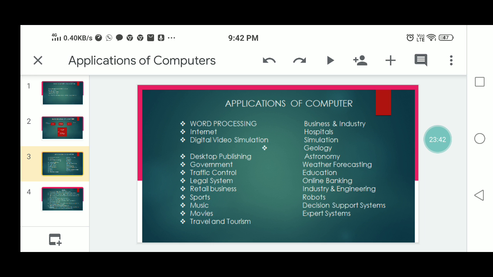Online banking: the world today is moving towards a cashless society. Today you need not have money in your pocket to purchase anything, with online banking. Computers are found in all kinds of industries such as power plants, refineries, chemical industries, and process control centers.